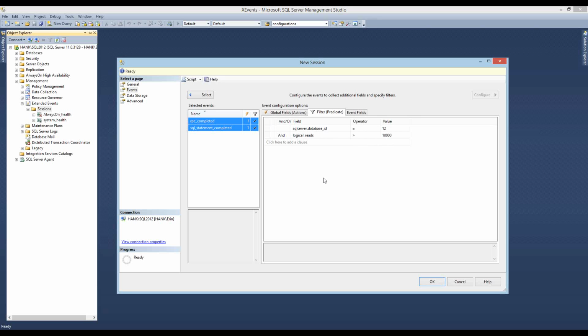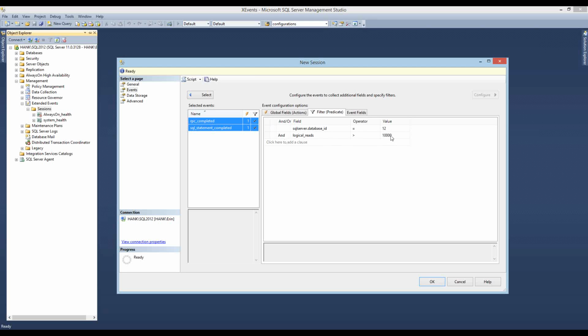I am. Okay, so I'm going to get the event information, and then I'm going to look to see if I have any predicates, and if so, I need to see if they're met or not. So the first thing it does is says, well, is database ID equals 12? And if it is, then it evaluates the next one. Is the logical reads greater than 10,000? It's not, so it's not going to capture that event.